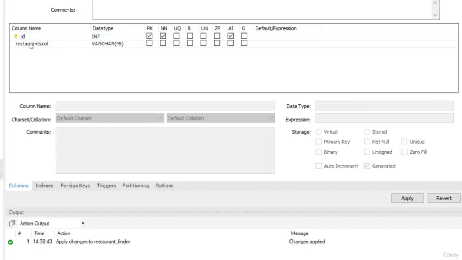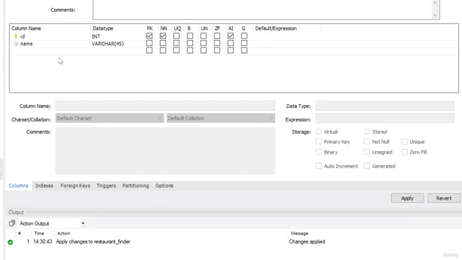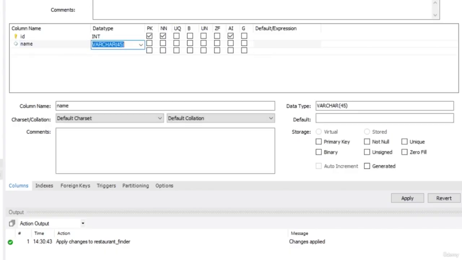Now we can add a second column by simply clicking in that second row here when we define our schema. And then, well, it comes down to what else we want to store. And for example, we might want to store the name of a restaurant. So I'll give this column a name of name. And the data type here indeed should be some text, and varchar is the right solution here